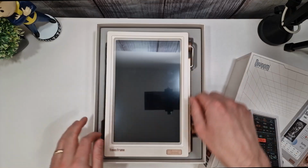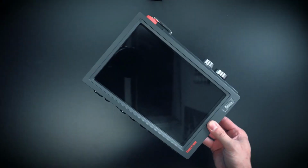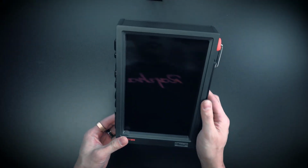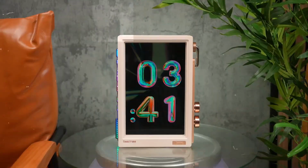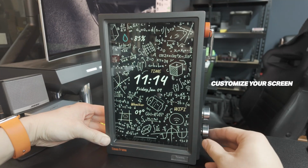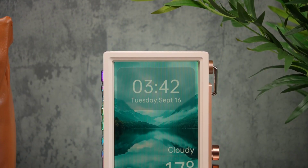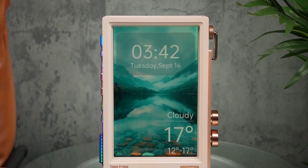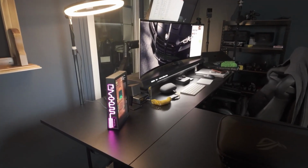Today, we're taking a look at the Divoom Time Frame, a desk display that's being marketed as something totally different from your usual digital photo frame. The big idea here is a transparent, floating display that feels more like a next-gen desk accessory than a traditional frame. Think futuristic desk vibes, smart visuals, and heavy customization. By the end of this video, we'll figure out whether this is actually useful on a real workspace or just